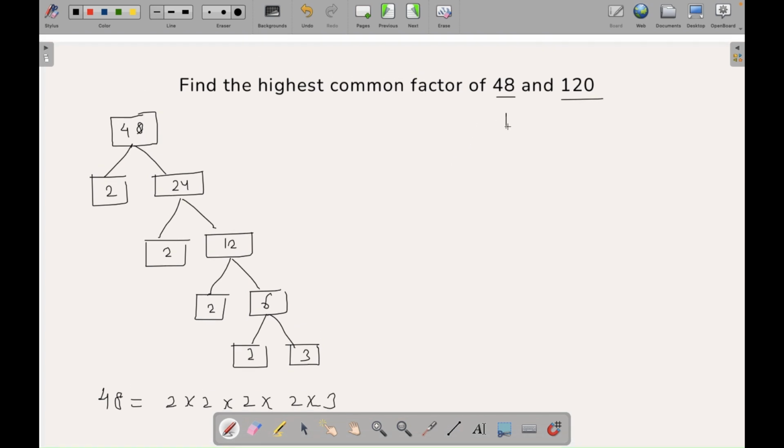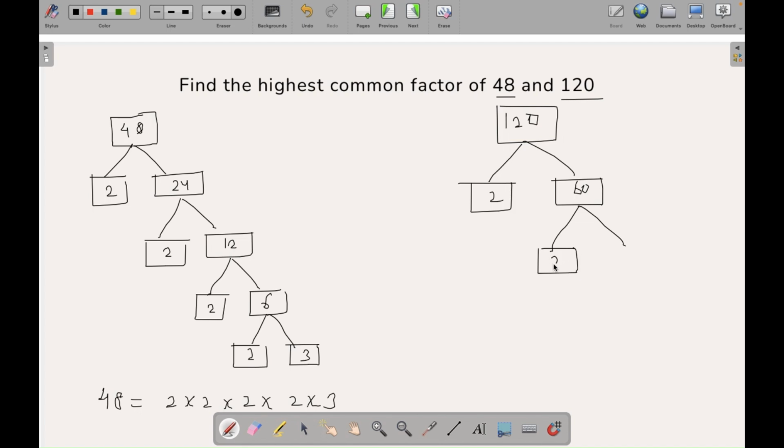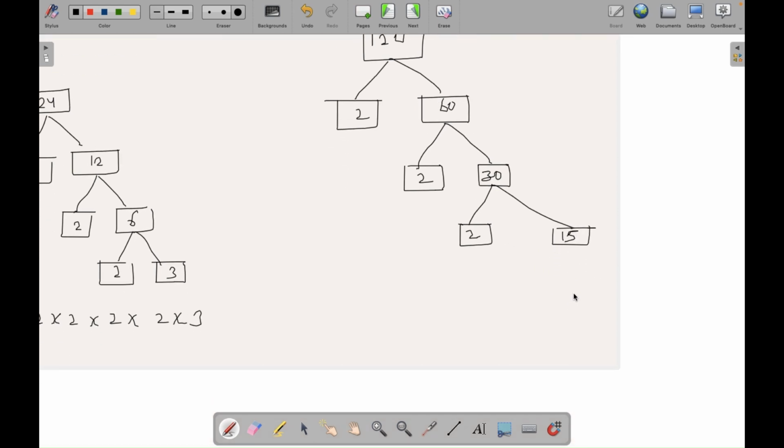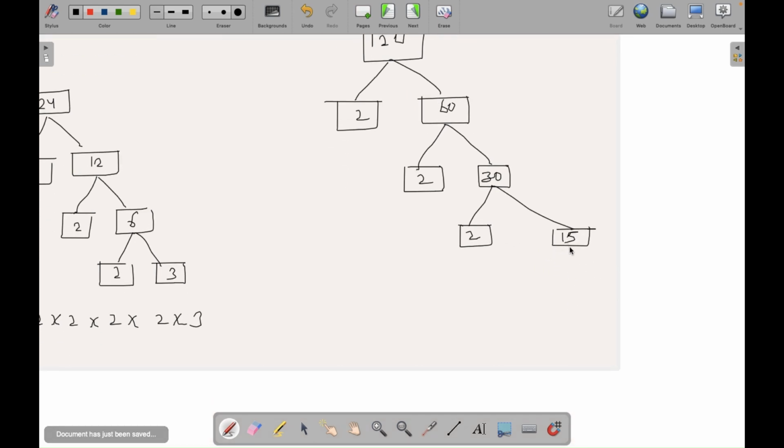Now let us look at 120. So 2 times 60. This is a prime number. This is not a prime number. So 2 times 30. This is a prime number. This is not a prime number. So 2 times 15. Again, this is a prime number, and this is not a prime number, so we'll write